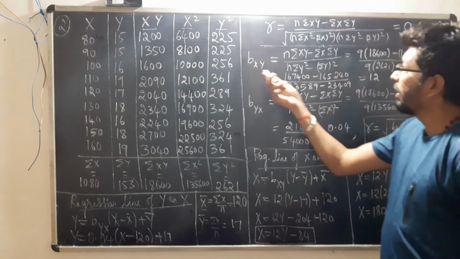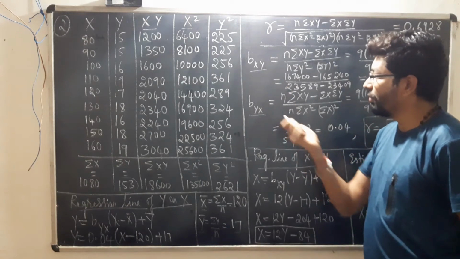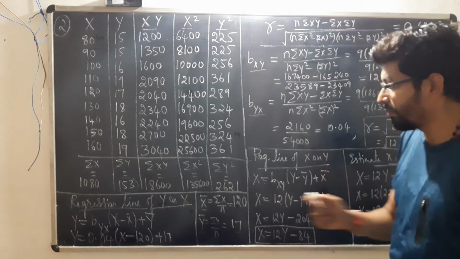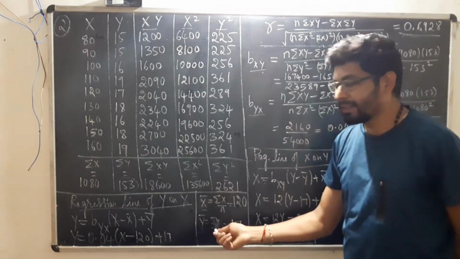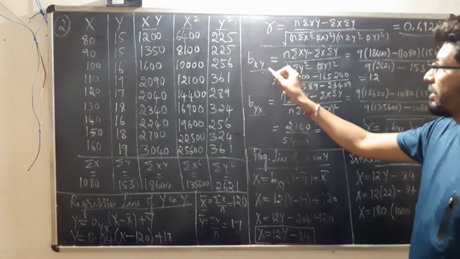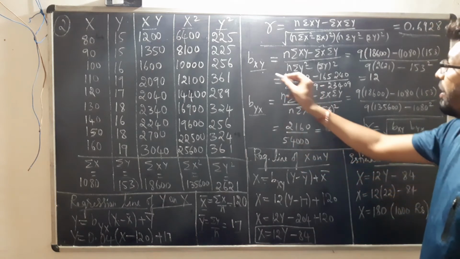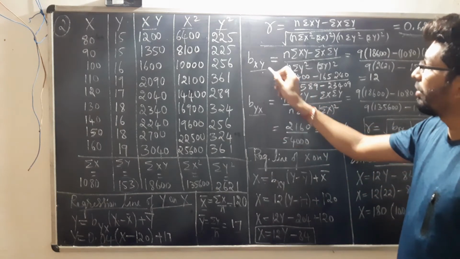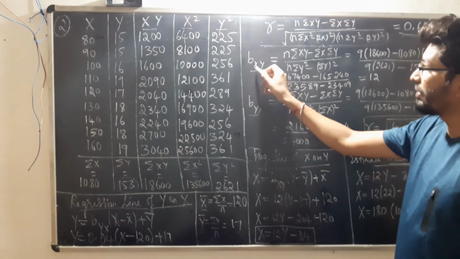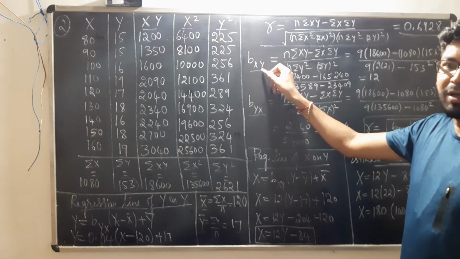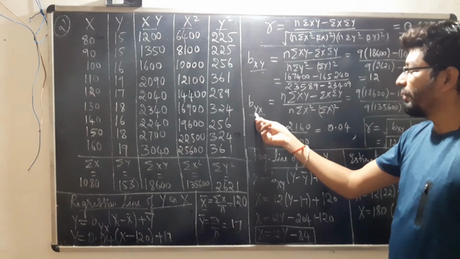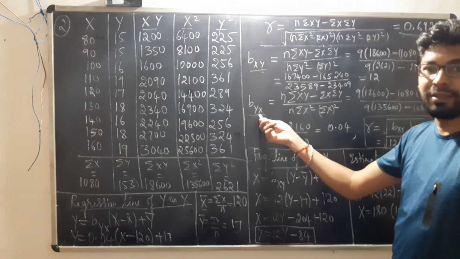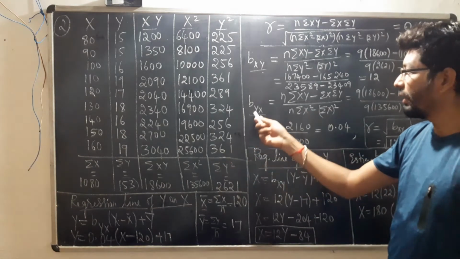coefficient of correlation. Now coming to the regression. So the things which we require to compute the regression lines are the regression coefficients as well as the means. So we are done with the means. Now we'll estimate the regression coefficients. So regression coefficient x on y as well as y on x. X on y is the coefficient required for the regression line x on y. The regression coefficient of y on x is required to estimate the regression line of y on x.